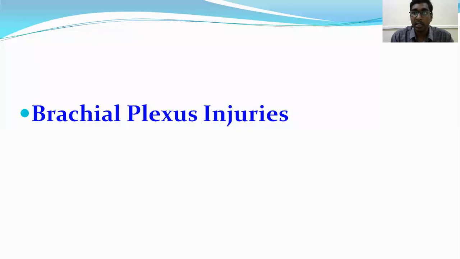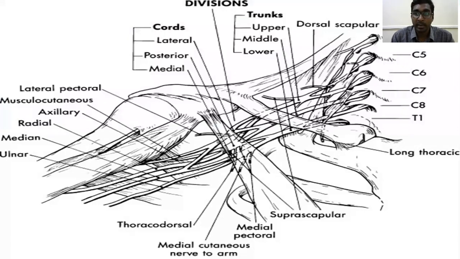So today I am starting with brachial plexus anatomy. You all know the brachial plexus starts with roots, trunks, divisions, cords, and individual nerves. The brachial plexus is formed by the ventral rami of C5 to T1. Sometimes C4 is also involved, which is called prefixed. Sometimes T2 also contributes a significant component, which is called postfixed brachial plexus. We all know the individual nerves; I am discussing them briefly.